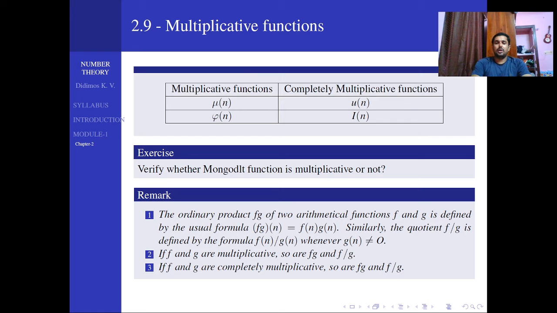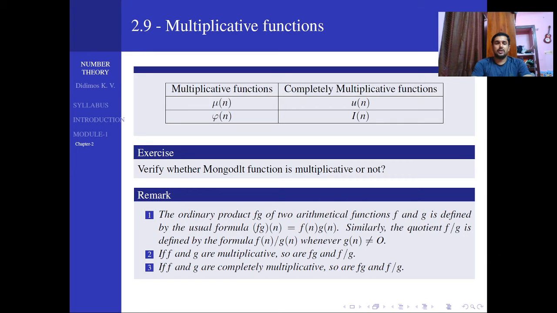If you define the point-wise multiplication and point-wise division, with proper condition g of n not equal to 0, we can get that fg and f by g are all completely multiplicative and multiplicative as well. Then in this remark, you can see the first one is the definition of pointwise multiplication and pointwise division,